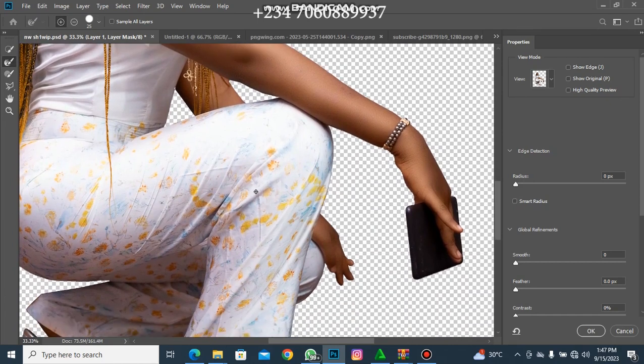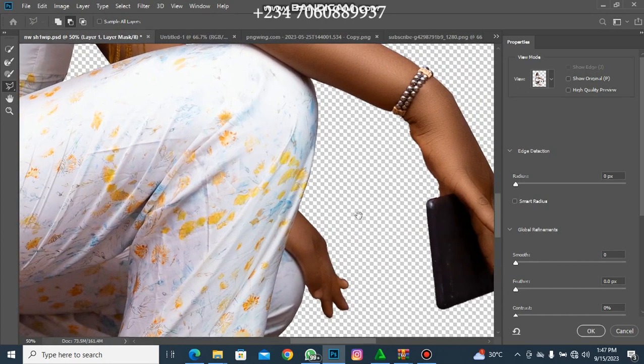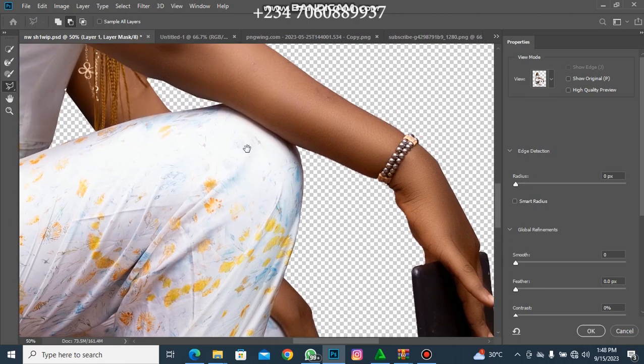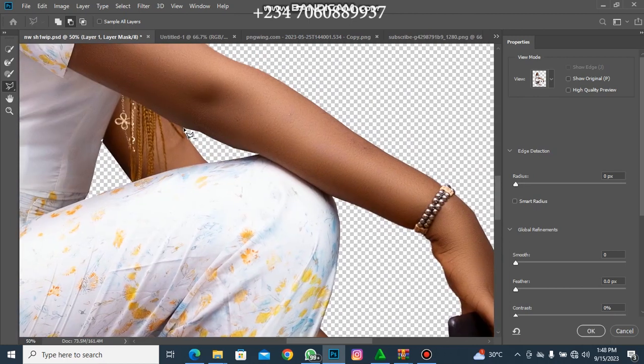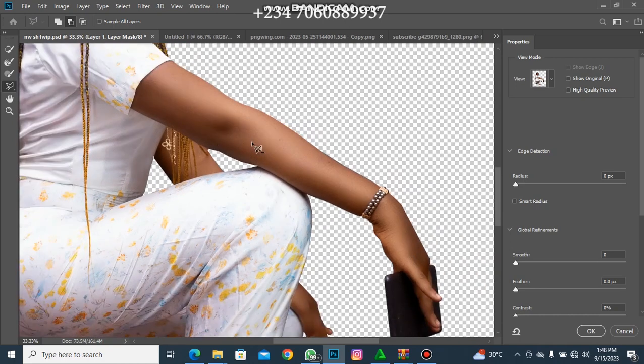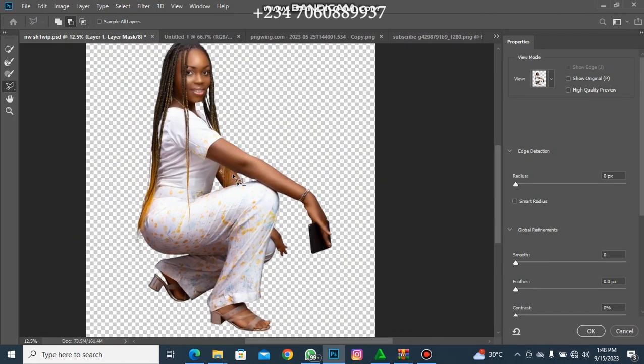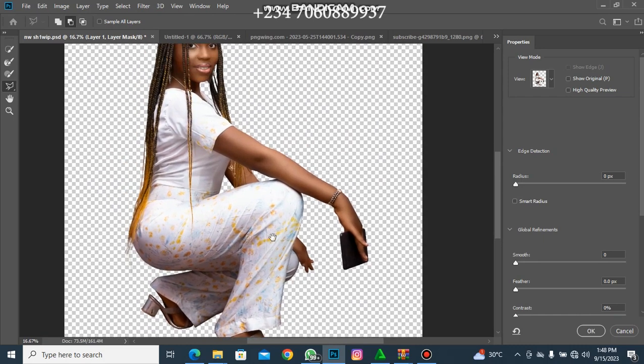With everything. Okay, so let me come back here and change this back to the subtraction. If you look at this place, it is not well selected. So I'll just do it this way. Let me see, I think I have a bit of the background here as well. So we can just leave that like that. Okay, since we have verified that everything has been well selected, now the next thing you will do is